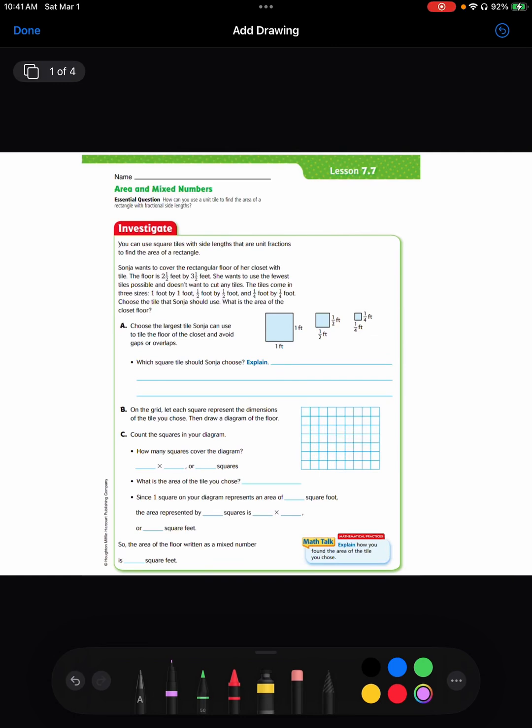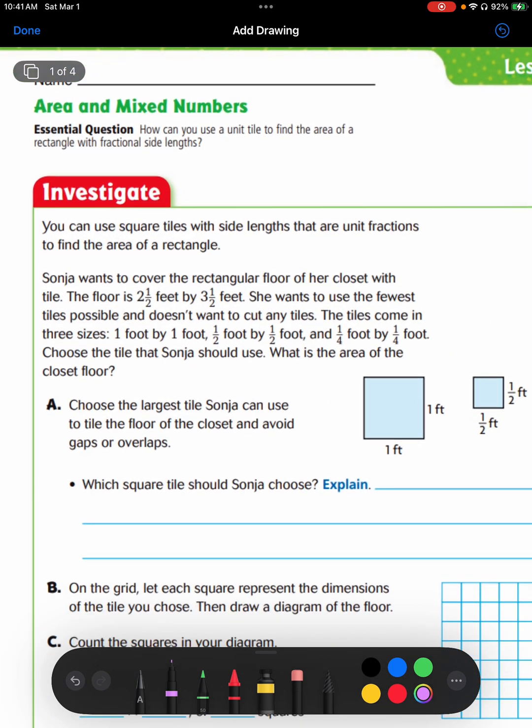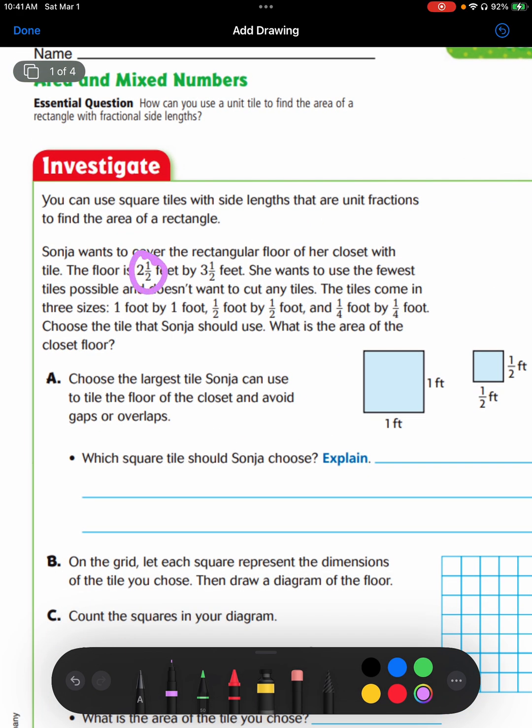This is lesson 7.7 in the Go Math textbook. So today we're going to be talking about area and mixed numbers. This lesson could seem a little confusing at first because now we're dealing with two mixed numbers. Usually when we deal with two mixed numbers, we're either multiplying them or we're dividing them,